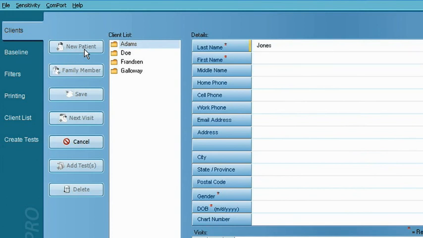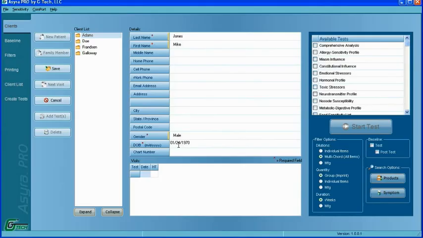hit your Tab button, type in first name, and in this case I'm going to skip all the demographics, just go right to gender, press the letter M for male, and what's your date of birth? January 1st, 1970. Once I've got the required data in, I simply click the Save button,